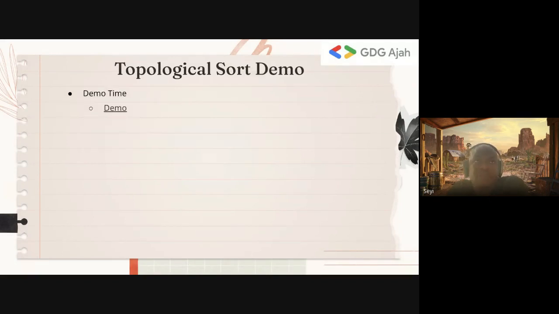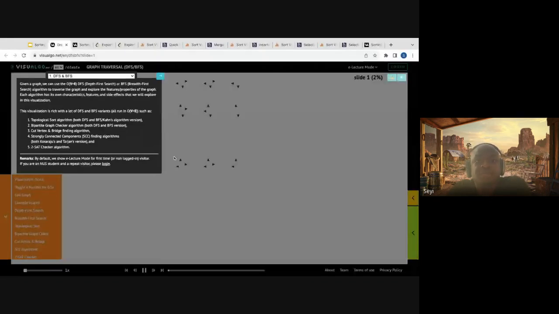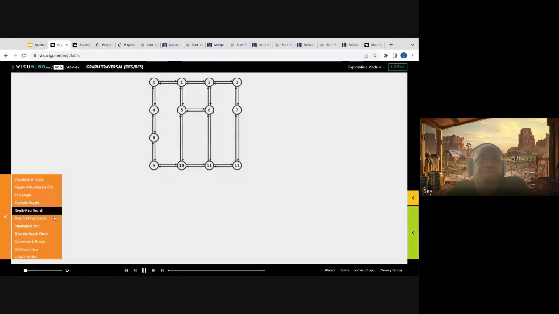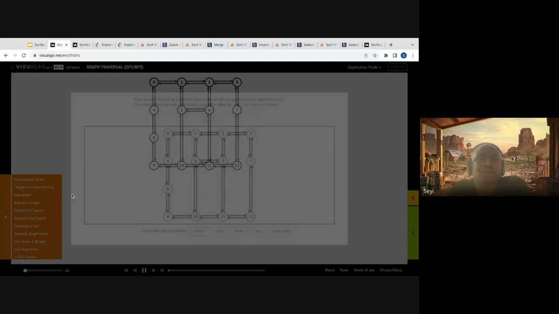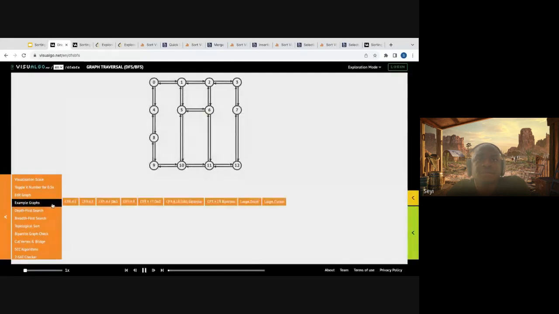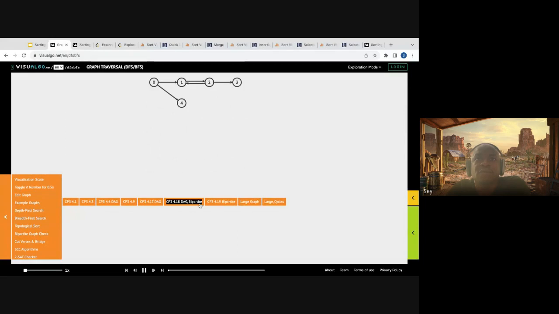What do I mean? Let's look at the demo here. I think this is not a good graph. Let me pick a simple graph. Okay, this is a simple graph. Essentially, the arrows mean that 0 depends on 1, 1 depends on 3, 3 depends on 4, 2 depends on 3, and 0 depends on 2. So you can think of it as modeling dependencies. Let's say you want to model the dependency of actions that can happen successively: this must happen before this, which must happen before this, which must happen before this.